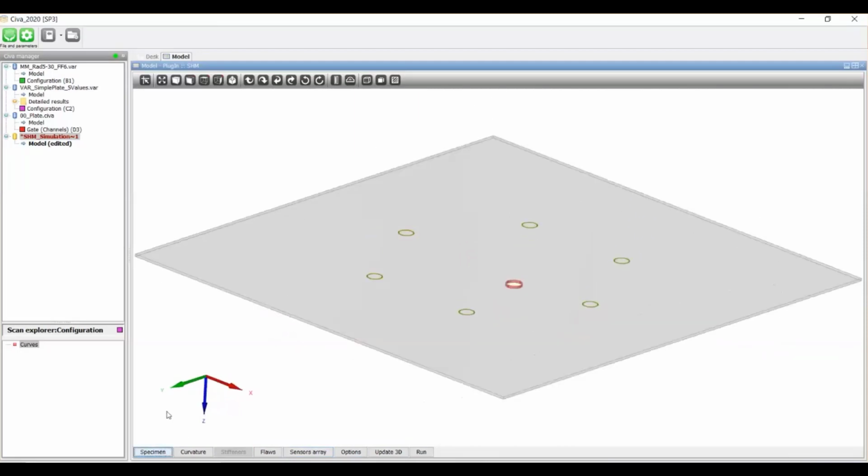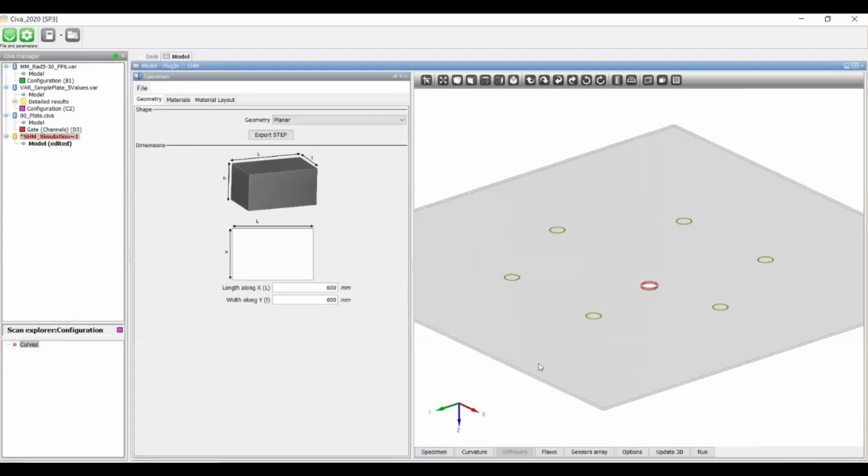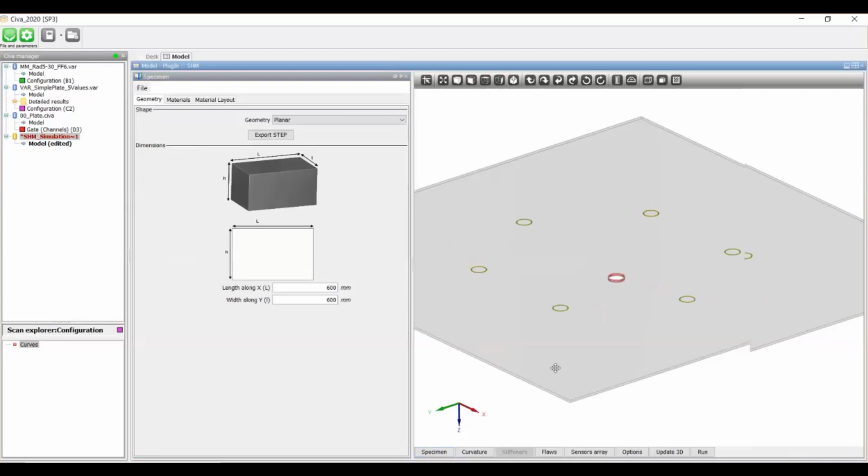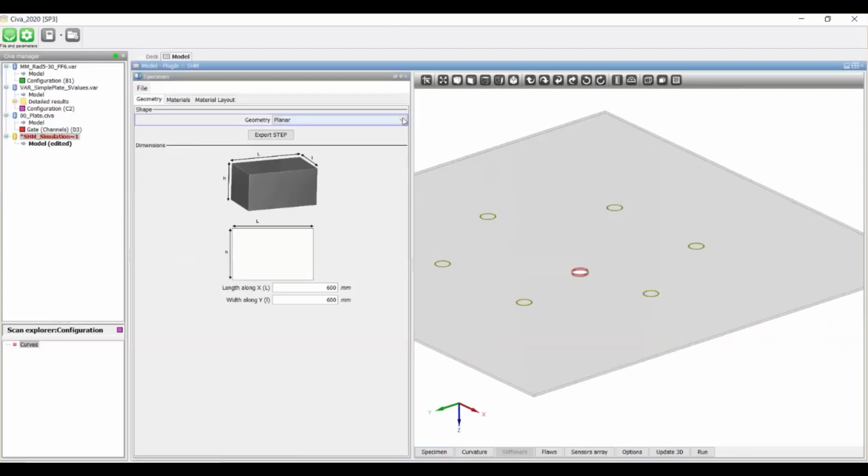Let's open maybe the specimen panel. We'll describe the capabilities and we'll show these different panels. So in CEVA SHM, this first version, planar and cylindrical geometries can be defined, with planar with potential distortion, curvatures. We will see some examples.